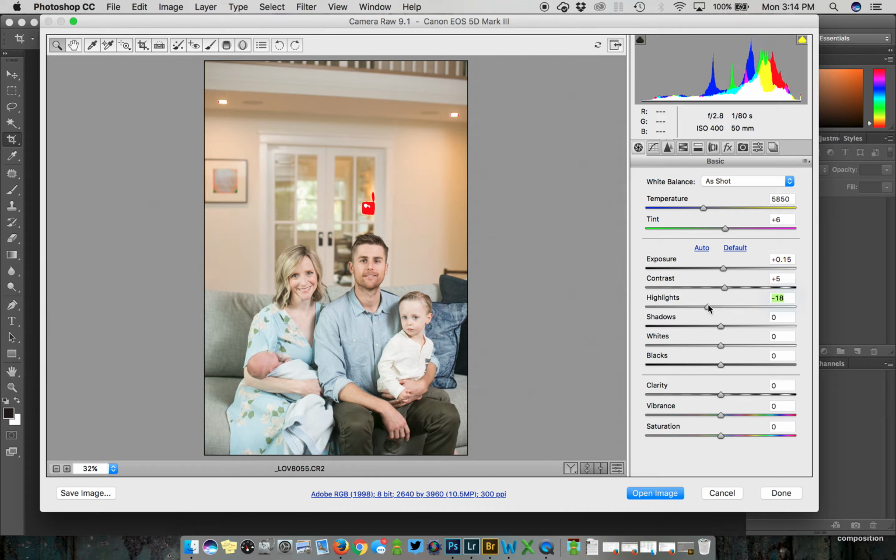So you can recover highlights with this slider here. You notice that if I pull it back, you see the red kind of disappear. You can obviously do it the other way as well. And likewise the shadows. You can bring the shadows down or up. If you had lost detail on some of your shadows, you could lift them a little bit here. Then we have the whites and blacks. And clarity, vibrance,